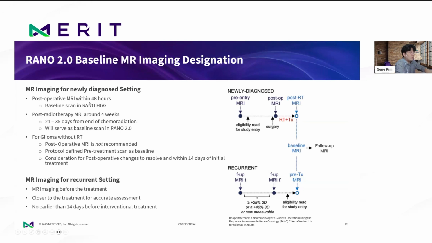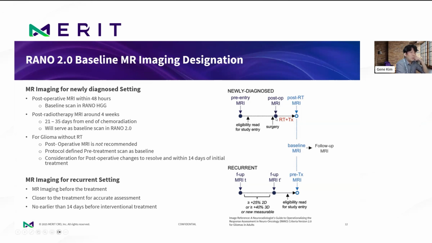In RANO 2.0, it now recommends that the post-radiotherapy MRI around 4 weeks later should be the baseline scan, which can have about a week window, plus or minus 7 days from the 4 weeks, so 21 to 35 days from the end of the chemoradiation. This is for the newly diagnosed setting where surgery has occurred